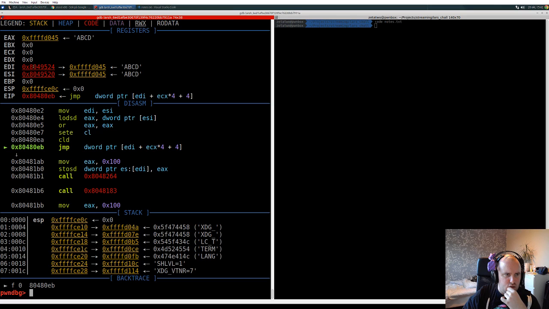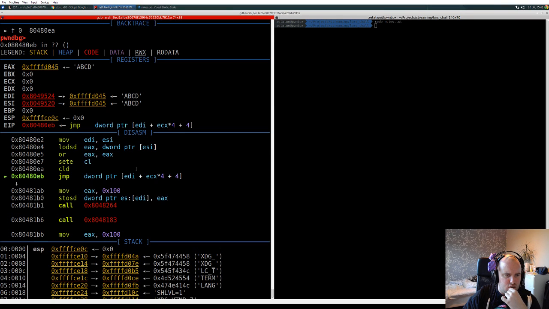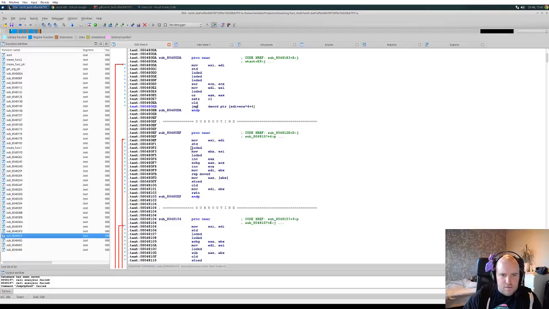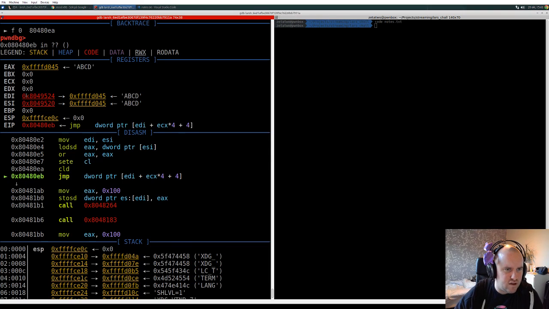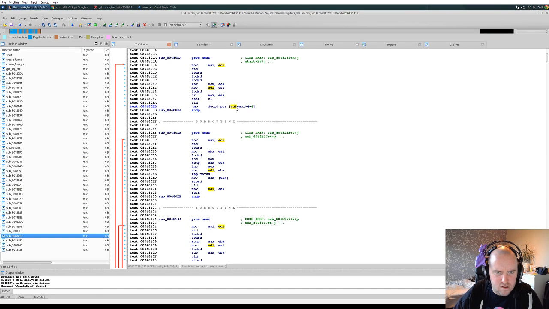So EDI, so the register is 0. Is it actually? Okay, so this is gonna be some kind of loop then, I guess. I mean, this EDI register is now pointing at almost the start of the global buffer, and then